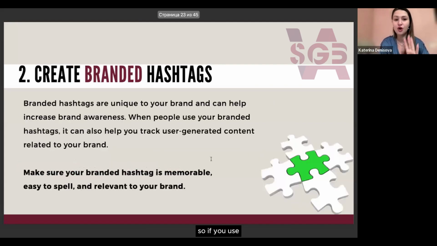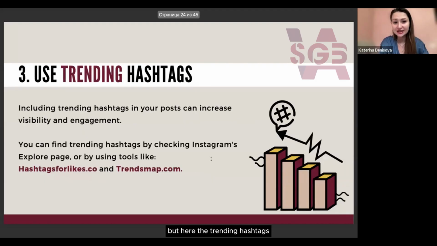So if you use only branded hashtags, almost nobody will search for these hashtags online. It's only your hashtags with your hot audience. But trending hashtags will be shown to a lot of people, to your potential target audience, to your cold audience.